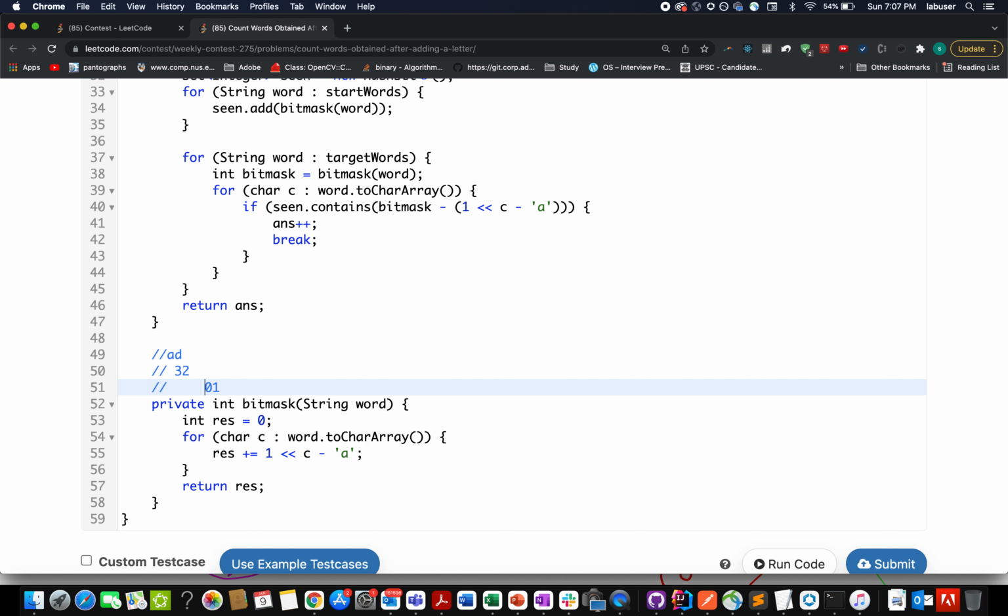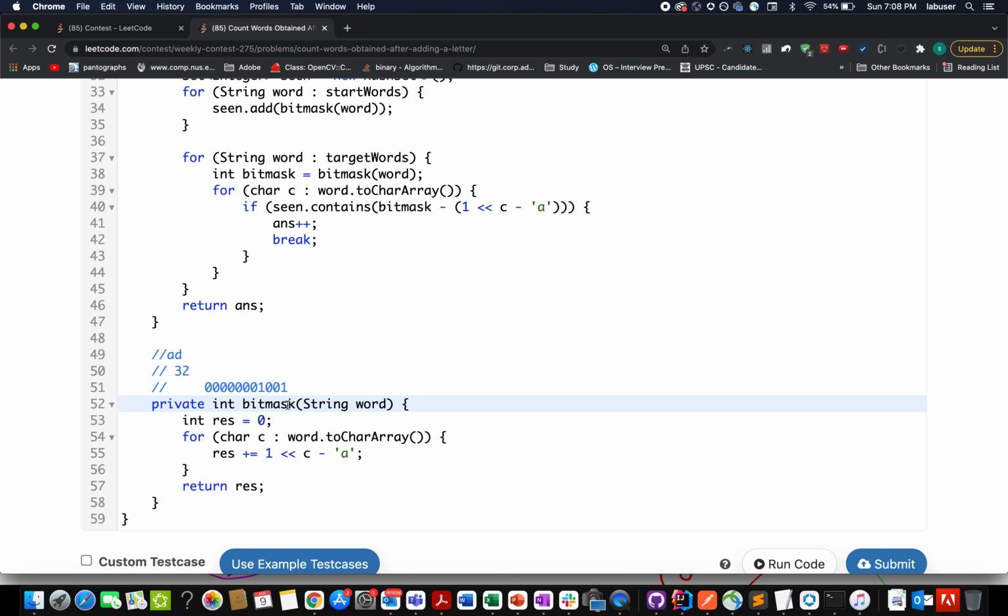So this will be 0, this will be 0, this will be 1, and the rest of the bits will also be unset. So the 0th bit is represented by A and the third bit represents D. This is how we generate the integer value corresponding to any string that gets passed to this bitmask helper method.